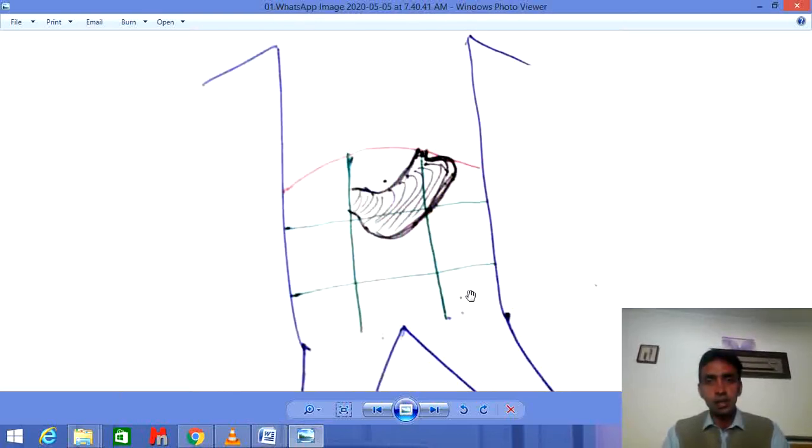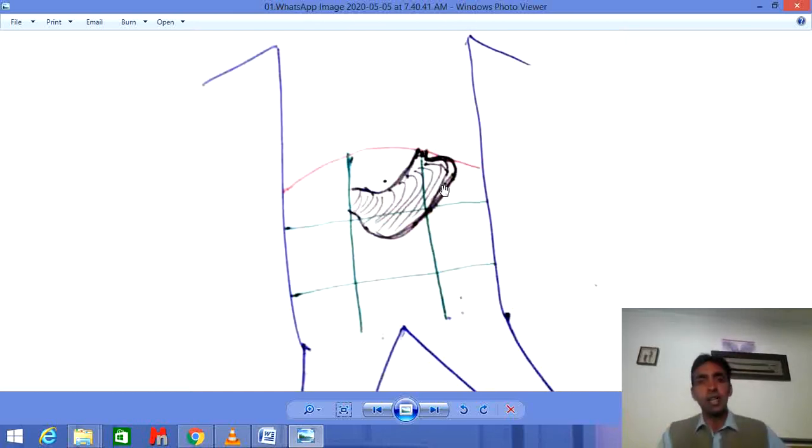This region is called the left iliac region, and this is the right iliac region. In the right iliac region, the appendix occurs. This is the hypogastric region, this is the left iliac region, and this is the right iliac region. So we will focus on these 3 compartments: the left hypochondriac region, the epigastric region, and the umbilical region. If someone asks you where the stomach is located,